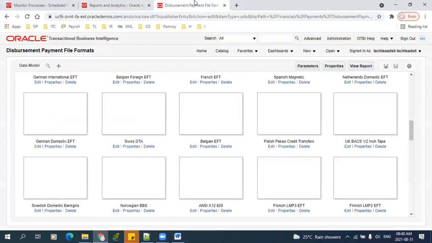Okay. Now we'll see how to customize the standard reports, and how to customize standard ESS jobs. This is a common requirement, right? We need to customize the standard reports as per client requirement. The client will not use the standard reports as is; they are expecting some changes on them. So we need to customize our standard report, and on top of the custom report, you work on your enhancement request or whichever change request is requested by the client. So in order to customize the standard reports, okay,